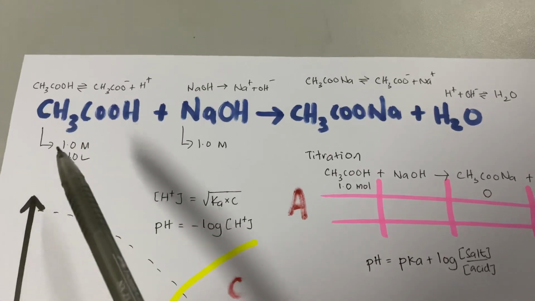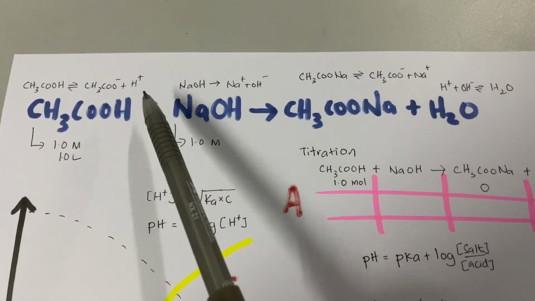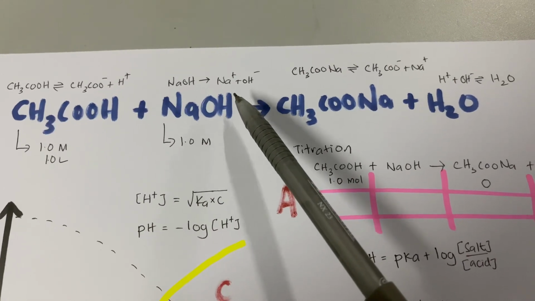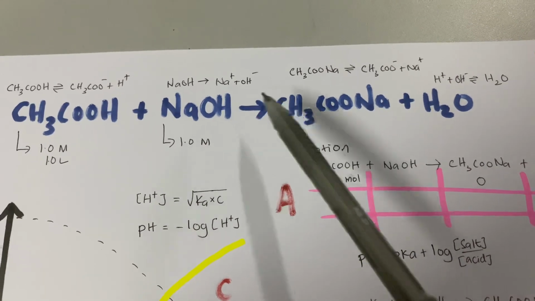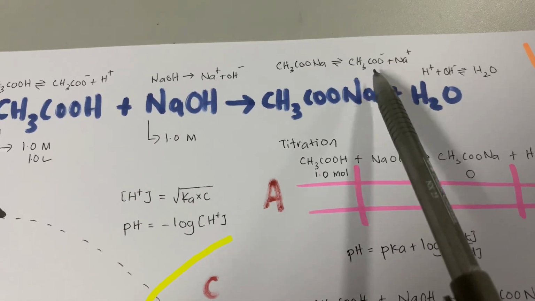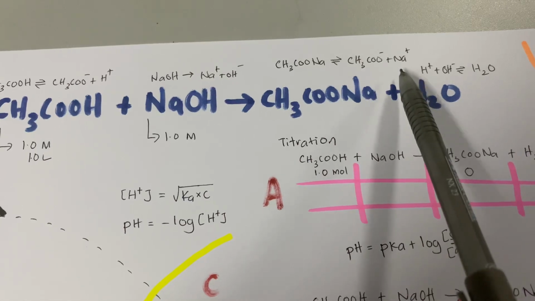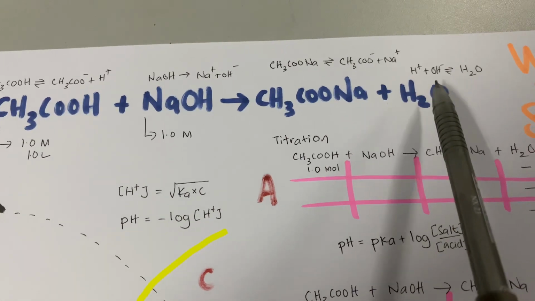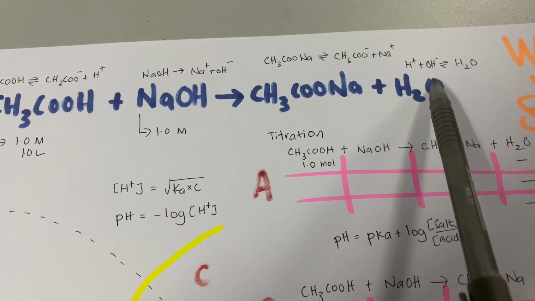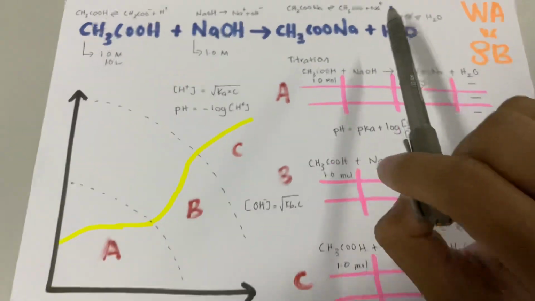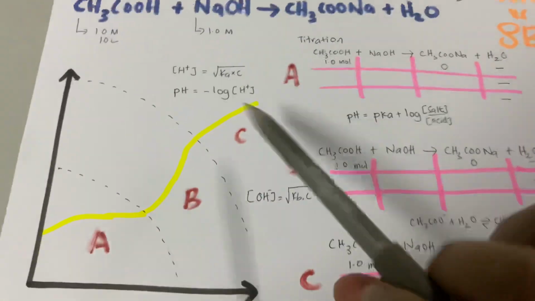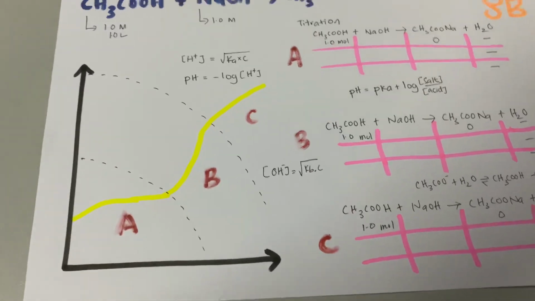So we have ethanoic acid dissociating into ethanoate ion and H+. Sodium hydroxide dissociates completely into sodium ion and hydroxide ion. Sodium ethanoate will dissociate into ethanoate ion and sodium ion, and then H2O is H+ and OH-. This one I wrote wrongly. It's supposed to be H2O in front, but it's the same actually. Okay, so let's look at the